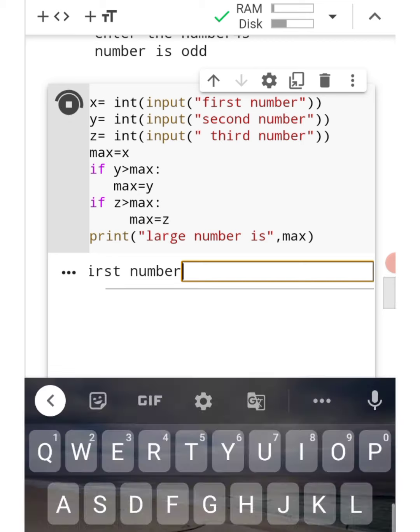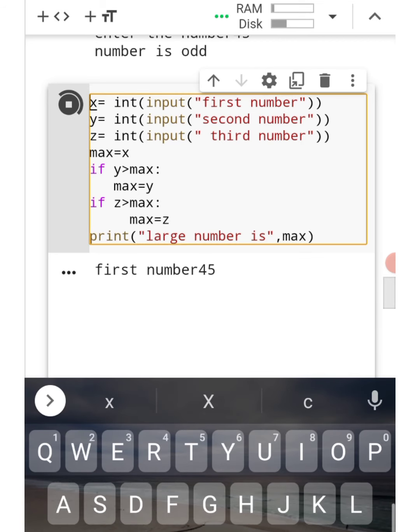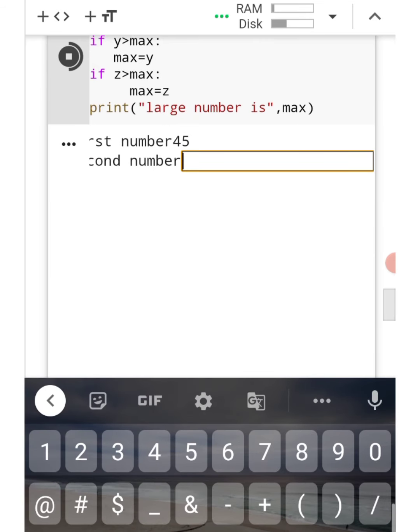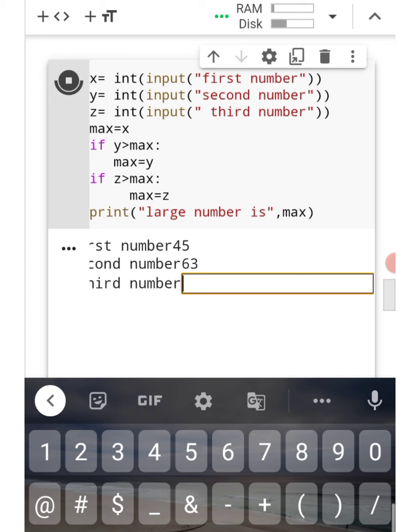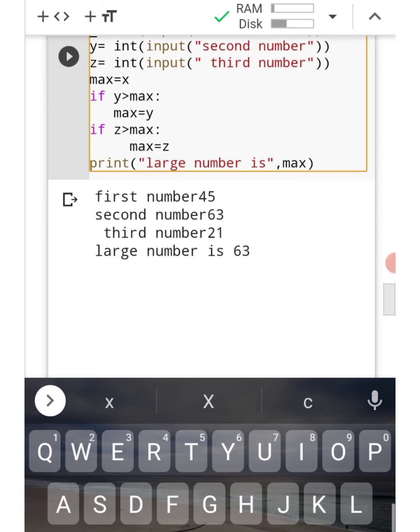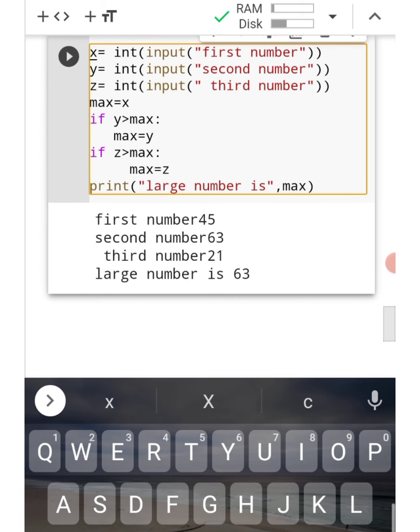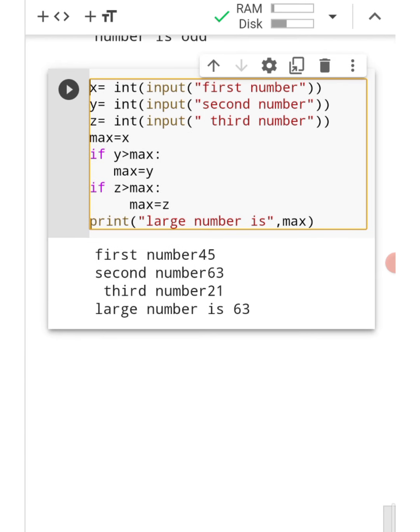Now we run it again. Sometimes such a problem can occur. The third number we used is 21. The largest number is 63. Okay, now you get that. Sometimes typo mistakes happen because we don't find out what the error is, so you just have the name error.